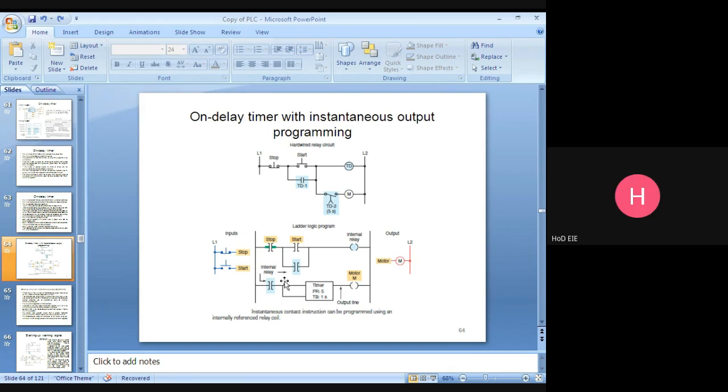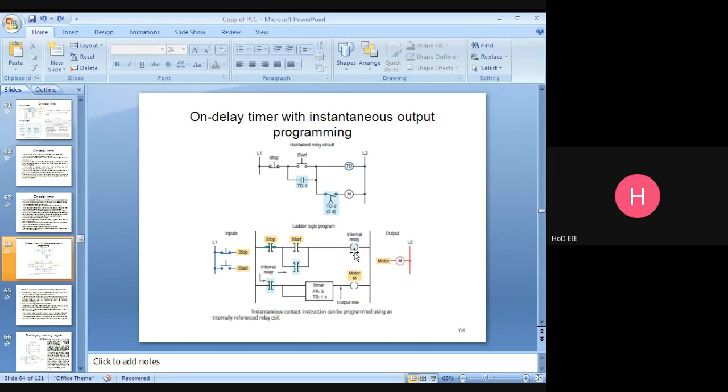Next I will ask a question. Listen carefully. The same circuit, this one is a relay ladder. This one is nothing but a relay ladder. I am going to draw the PLC ladder diagram for this one. This one is the relay circuit. This one is the PLC circuit. How can I draw it? Instead of this one, I am placing a contact under this screen. This represents the stop push button, in a normally closed condition. This one is the start push button, in a normally open condition.